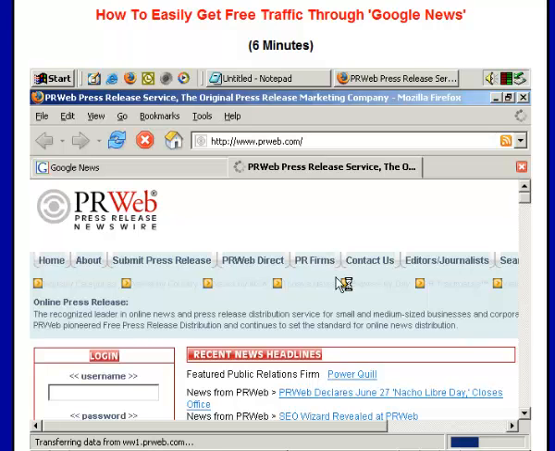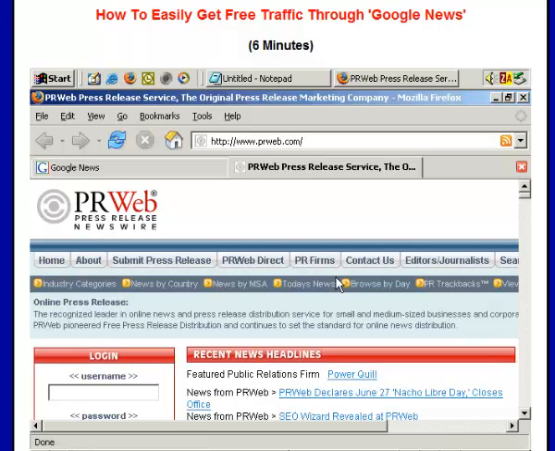In my experience, whenever I've submitted press releases, they are reviewed by editors. They don't allow absolutely anything into their press release database. But it doesn't have to be professional. Just a few paragraphs. You can just use the format of other press releases you see here. And you can literally write one in 5, 10 or maybe 15 minutes. And I think it took me about 10 minutes to write a press release and submit it to PRWeb.